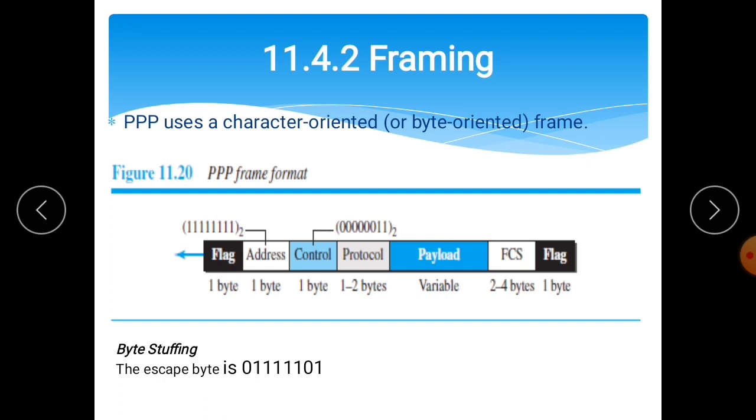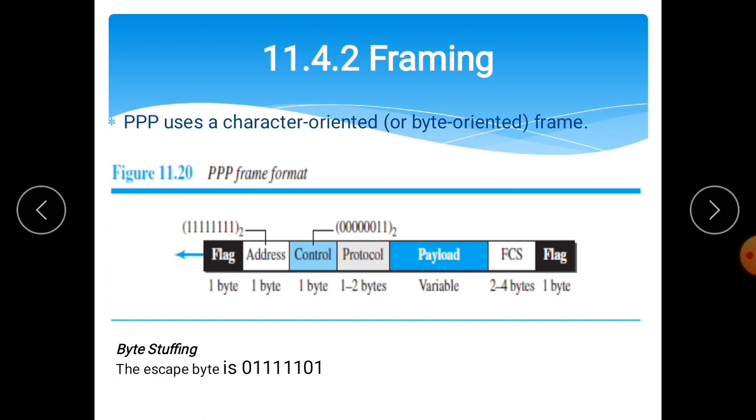The data field is byte stuffed if the flag byte pattern appears in this field, because there is no field defining the size of the data field. Padding is needed if the size is less than the maximum default value or the maximum negotiated value. The last one is the FCS, frame check sequence. It is simply a 2 byte or 4 byte standard CRC.